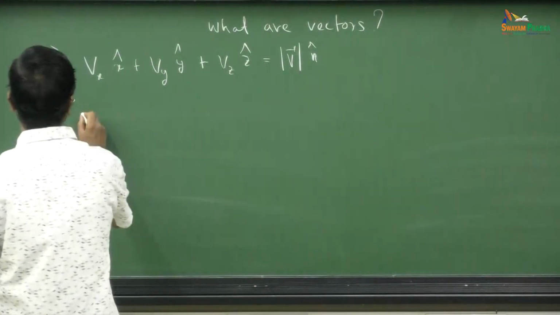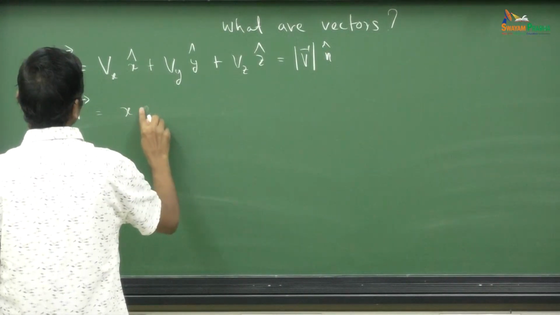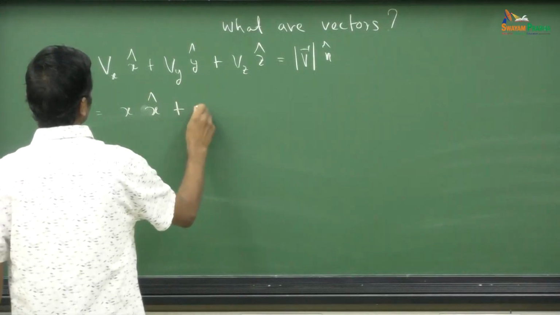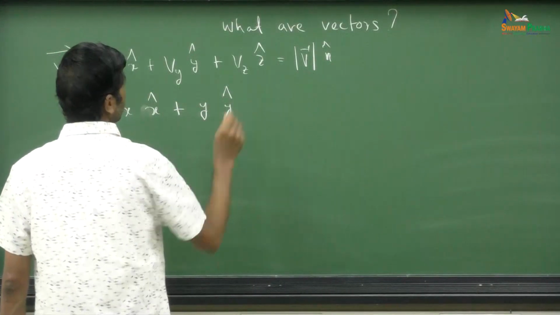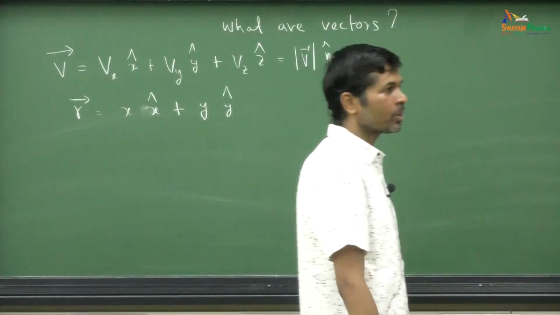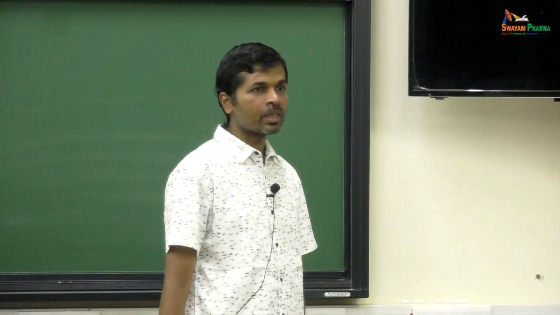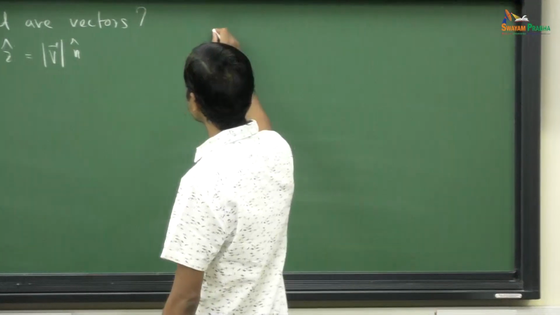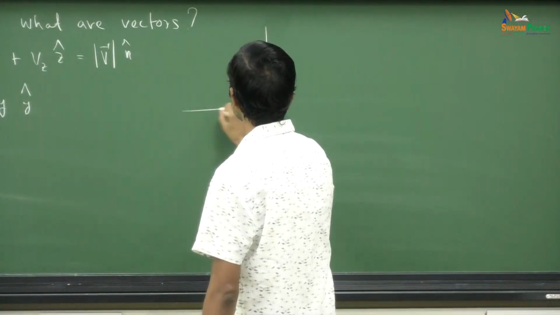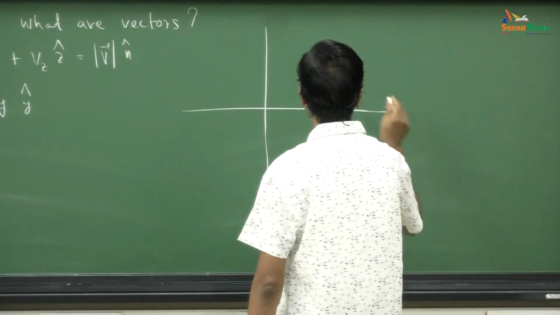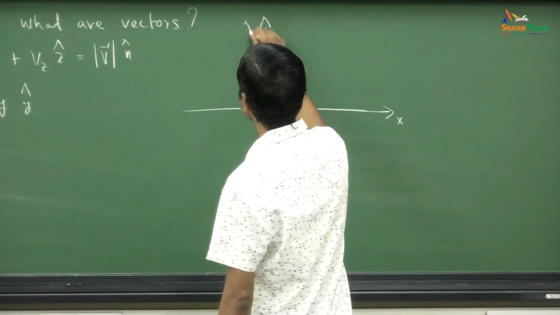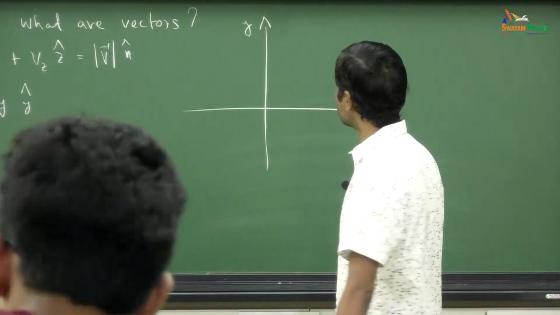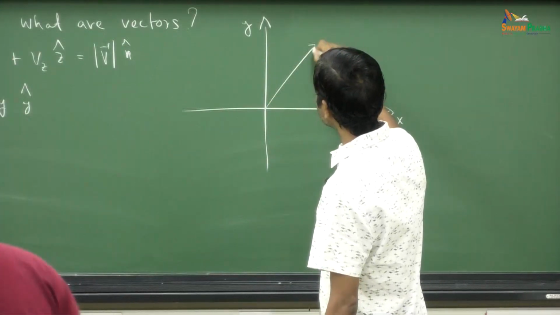Let's say you consider the position vector. Okay, it's nothing but x times x cap plus y times y cap on a plane. Okay, I am not even going to 3 dimensions. I will just consider a plane, and then on this plane I will consider the position vector. So you have this is your x axis, this is your y axis, and then the position vector is something like this. This is r,